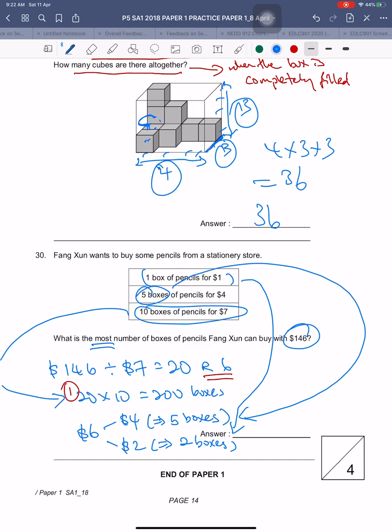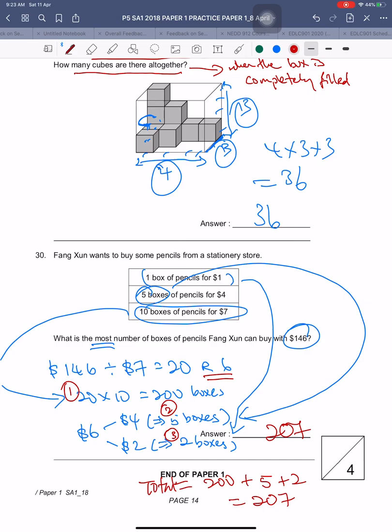So now he can buy 200 boxes here, 5 boxes here, and 2 boxes here. So in total he can buy 200 plus 5 plus 2. That's why he can actually buy 207 boxes of pencils, and that is the most number of boxes he could buy with the